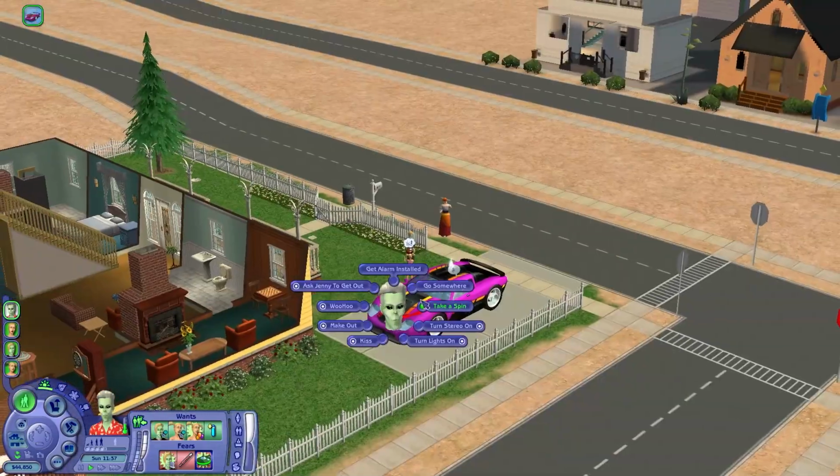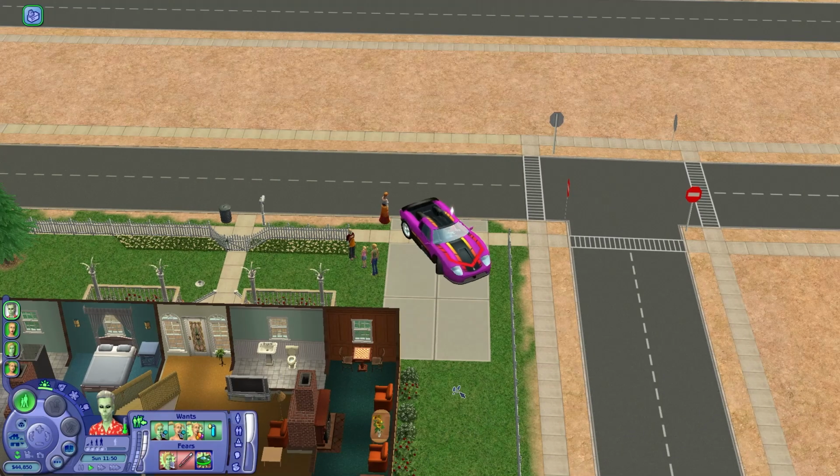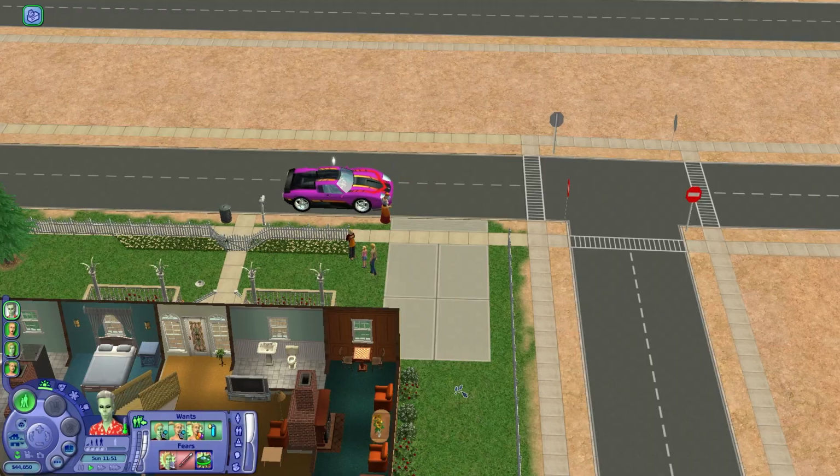In fact, there was no driving. You could literally just have a car on your lot and the car might teleport onto the road and then you'll just suddenly magically appear in a new lot. But it was still so enjoyable, and I think it's a great way to implement cars in The Sims 4